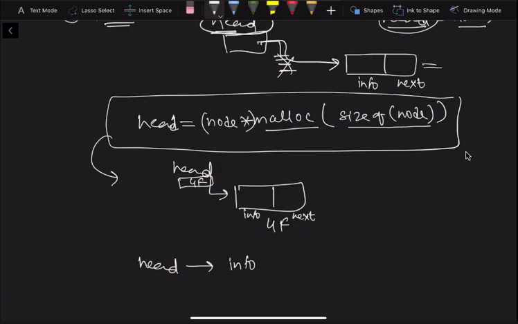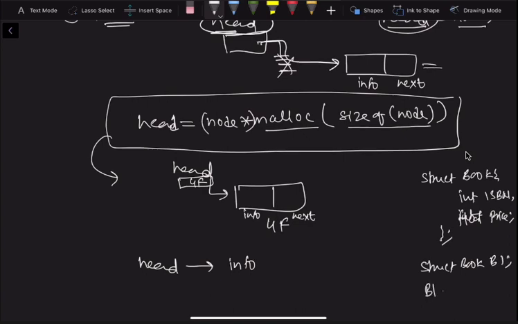Remember, you have studied structures, right? When you have a structure like struct book, and let's say you have written ISBN, and let's say float price, and you have created this. So what you do is struct book B1. Let's say you have created a book like this. So you write B1.ISBN or B1.price.